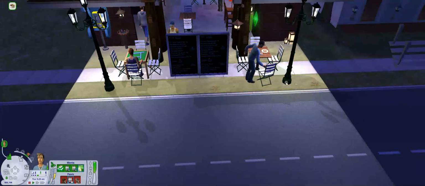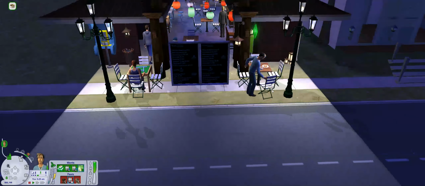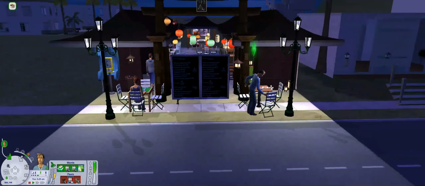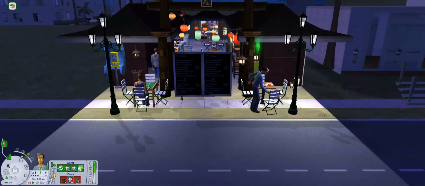One thing that I would like to point out before we close out of Sims and start working on the tutorial is that I did find with Pick and Mix Mods, they do tell you to place a countertop either 1 to 2 spaces in front of the menu board. And essentially, what happens when the Sim orders it is that the food will generate on that counter that's in front of it. Now, what I found in my testing is that you don't actually have to place a table